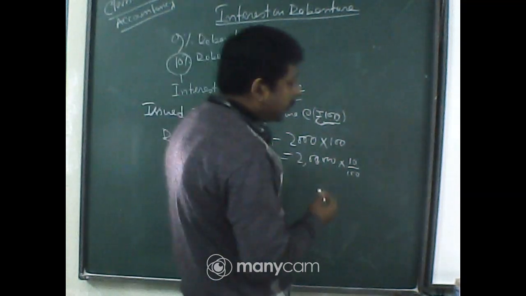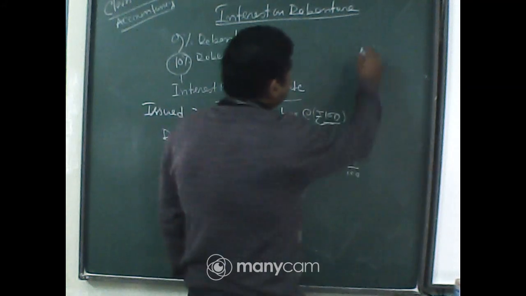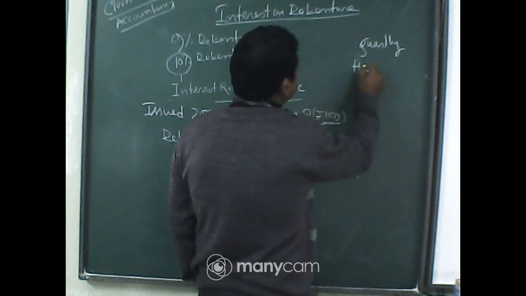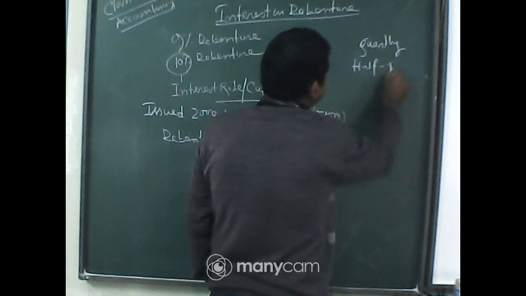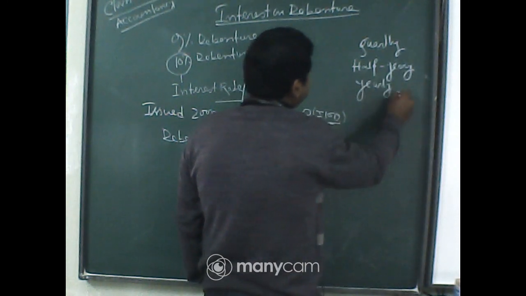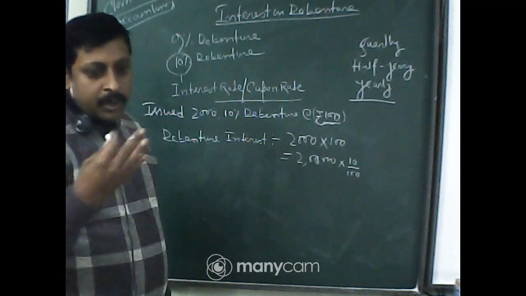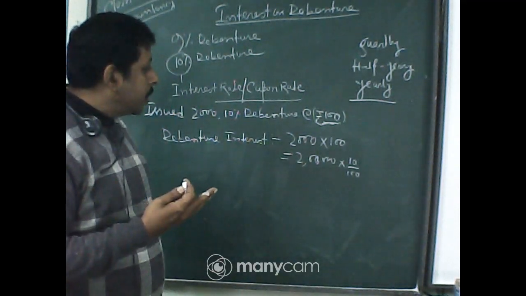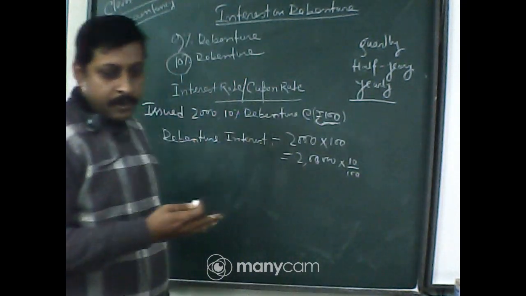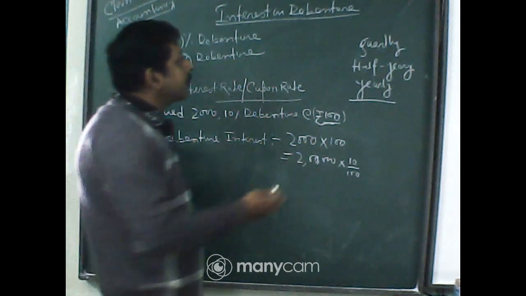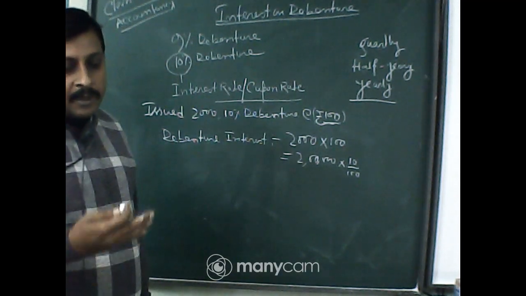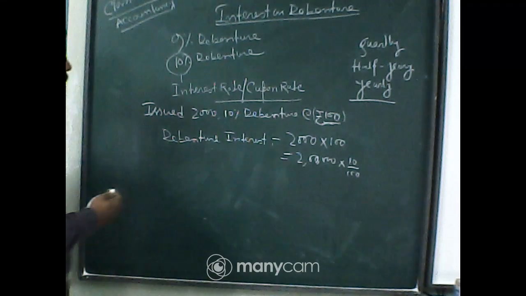Now, when we pay the interest, we can pay it quarterly, half yearly, or generally on a yearly basis. In a yearly basis, we give one interest to the debenture holder for the whole year. We can give half yearly interest: after 6 months we give interest, and then after another 6 months. We can give quarterly interest: after 3 months, you have to pay the interest to the debenture holder.